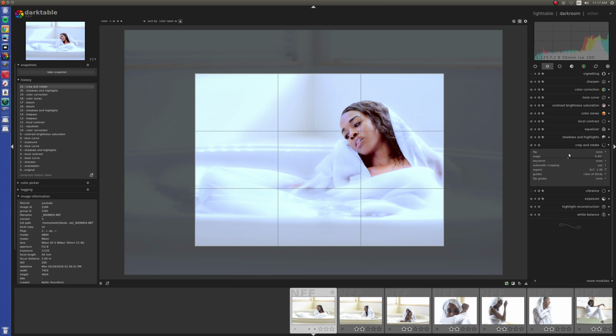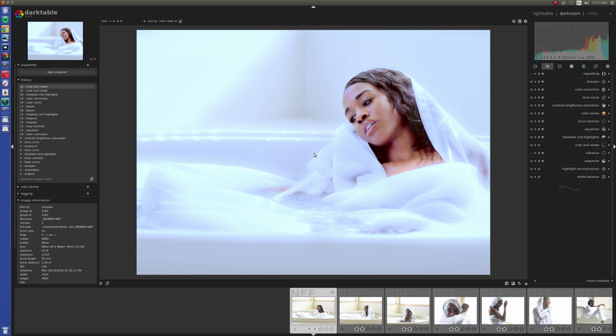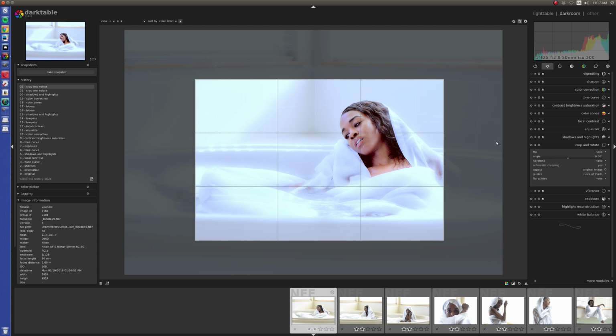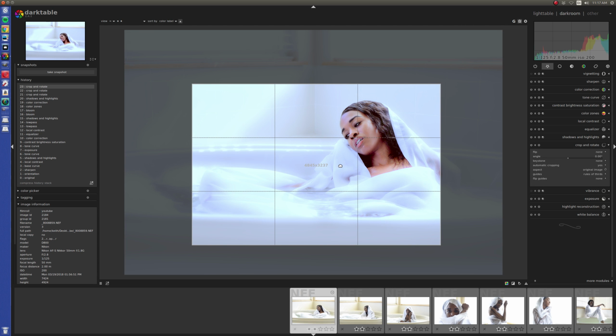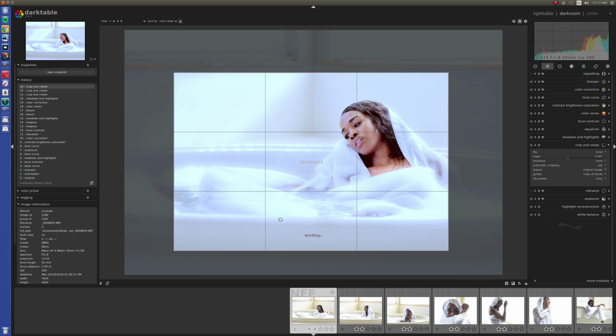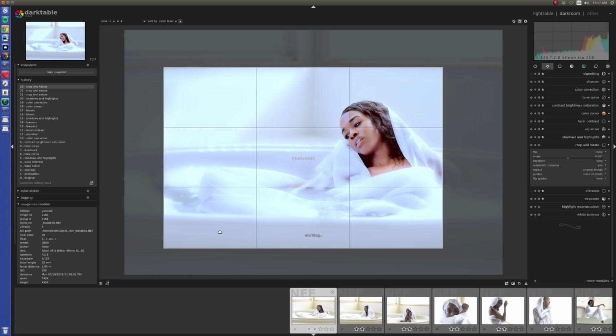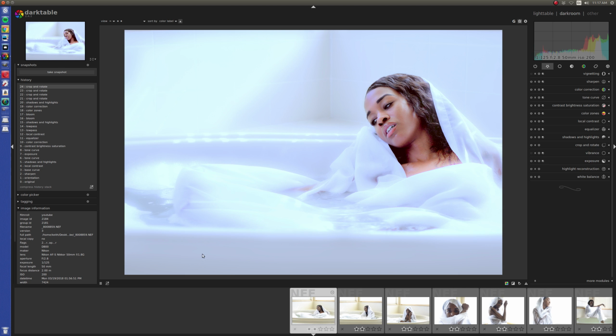That's probably the ideal crop, but I want it wider. Let's go from 5:7. Let's go to the original image aspect ratio. Crop as little as possible. Center right there. Yeah, I mean that's